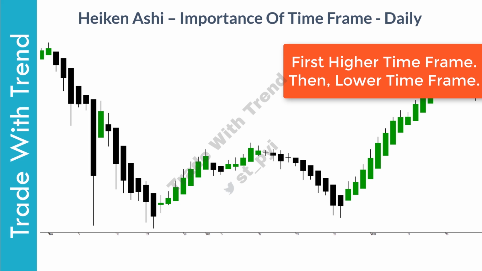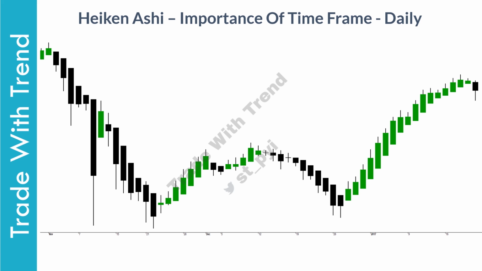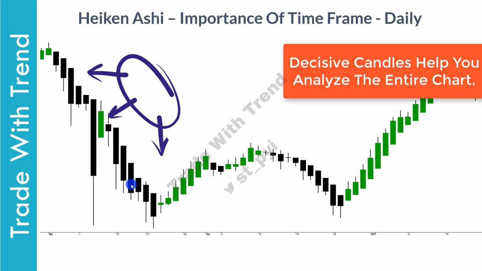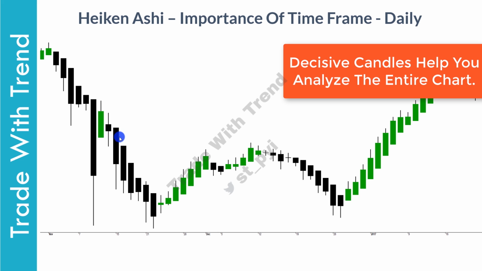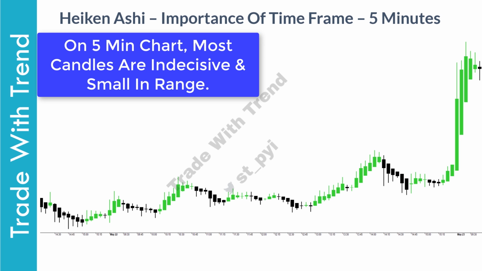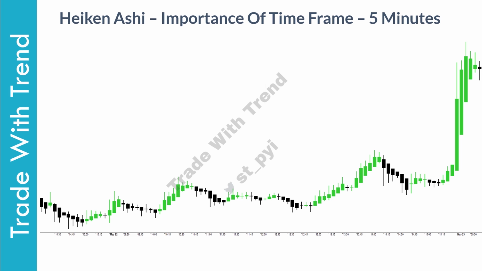Do note, concepts that we discuss in this video remain the same irrespective of time frame. This chart that you see is a daily time frame chart, wherein Heikin Ashi candlesticks are more decisive and can be used to analyze trend and devise a trading strategy. Now compare this chart with a 5-minute time frame chart and see the difference. On a 5-minute chart, you cannot spot a trend initiation candle as there is just not enough time for one to form. By the time a couple of candles form, the trending move is already over. Most of the candles on a shorter time frame chart are narrow in range and are indecisive.